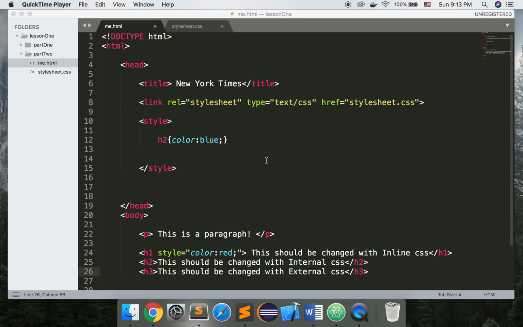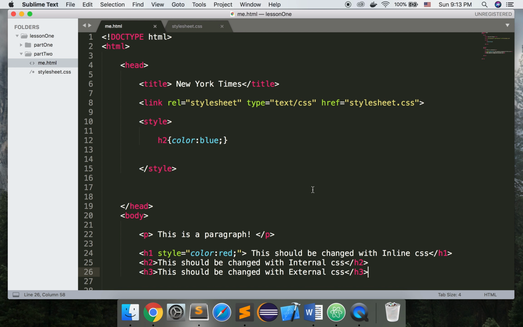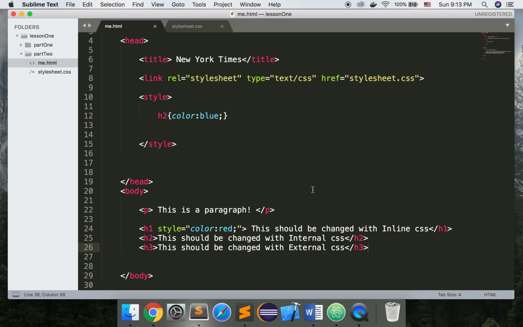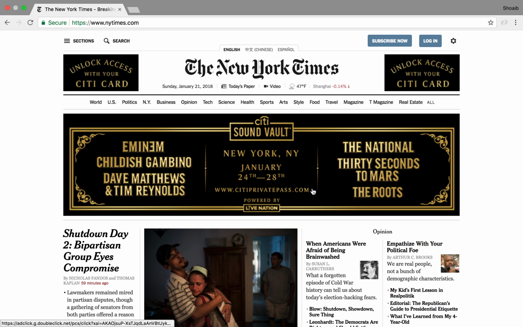In the previous lesson, we learned how to insert CSS. There are three different ways that we practiced. In this lesson, we are going to learn how to link an external web page with our very own web pages. For instance, if you go to any website or web pages, this is a real New York Times